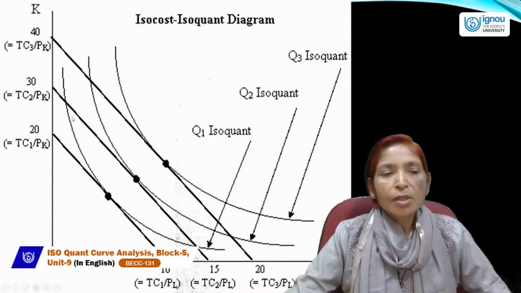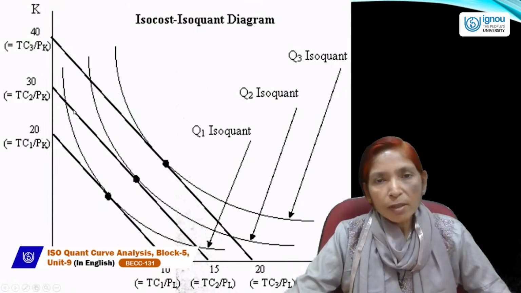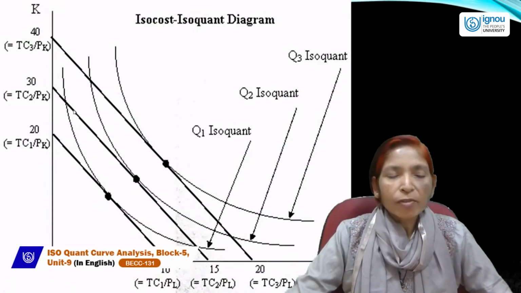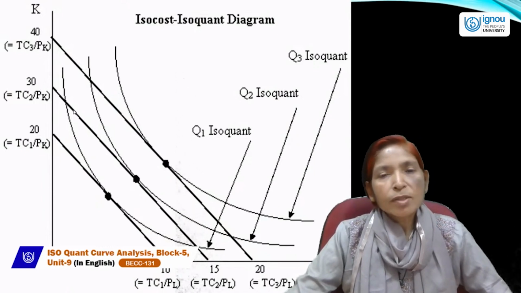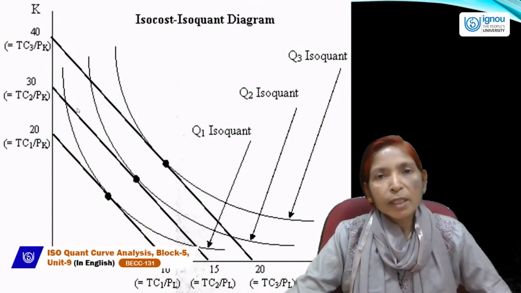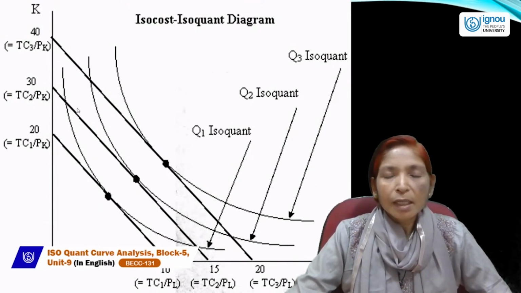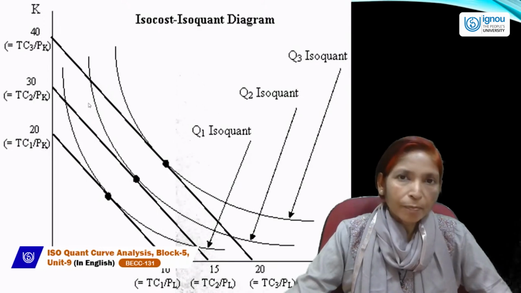Here, three isocost lines are drawn. One is in between of this. This line is the actual isocost line, and isocost line may shift either to the right hand side or left hand side. If the budget of the producer increases, then the producer can afford both the factors in greater amount. In this case, this isocost line will shift to the right hand side. And if the budget of the producer decreases, then the producer can afford both the factors in less quantity. In this case, isocost line will shift to the left hand side,